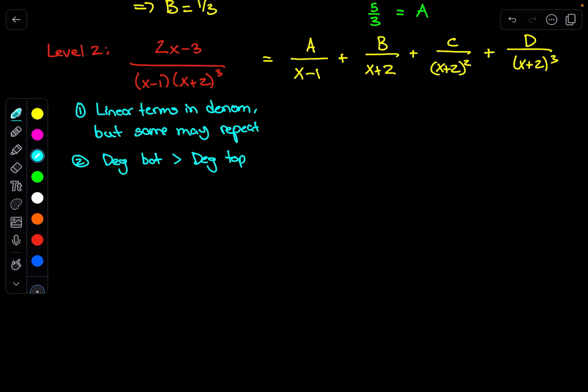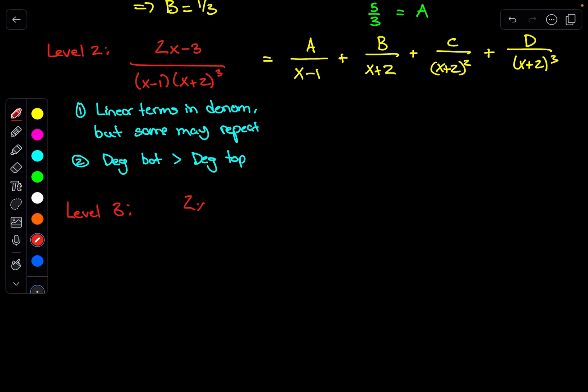So if this was like x plus 2 to the 100th, we would have to have listed out 100 of these, right? We'd have an x plus 2 and an x plus 2 squared, and an x plus 2 cubed, and x plus 2 to the 4th, all the way until we hit x plus 2 to the 100th. If this one was to the 4th, we would have had to have 4 of them for the x minus 1 term, and then 3 of them for the x plus 2. That is the pattern that we follow. So that's level 2. Now, level 3